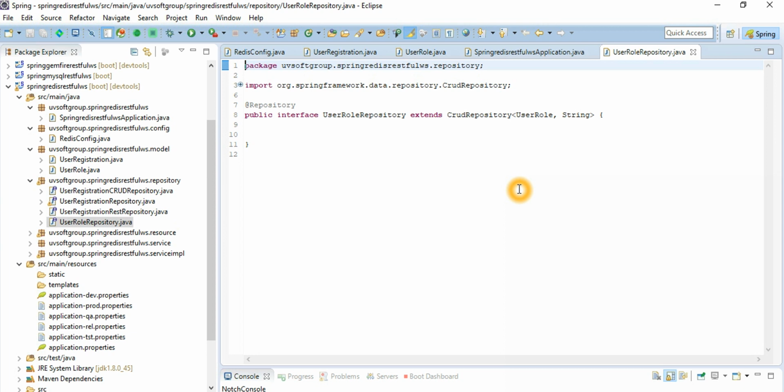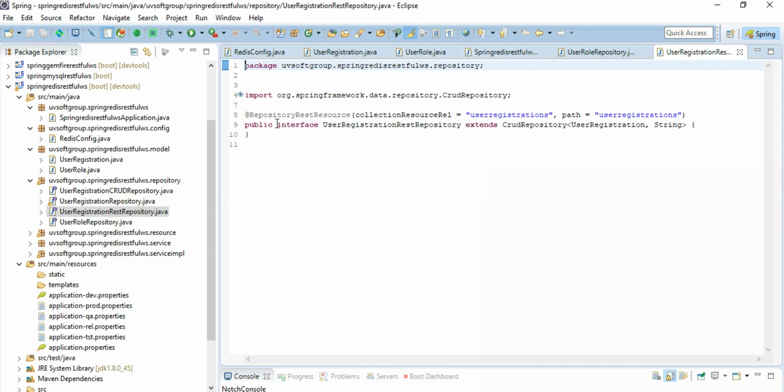So you can also use the database specific repository, but the standard repository like the CRUD repository, and then paging and sorting repository, and then JPA repository, depending on what type of repository you try to use, depending on your use cases. It's free for you. So we're using here the user registration repository. We extend the CRUD repository, and that's all finished. And then it's exactly the same, just like we use the extra flags for here. Repository REST resources, just like define the default possibility, how you can expose directly without any implementation of